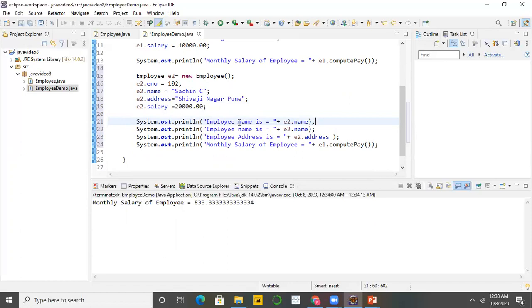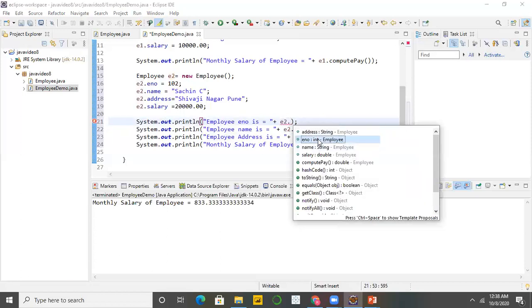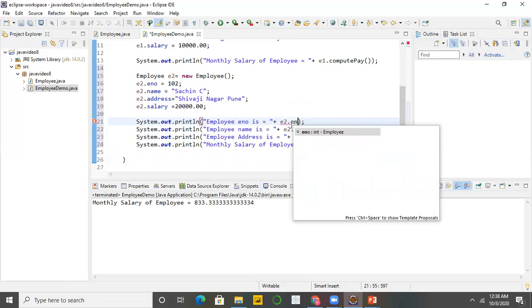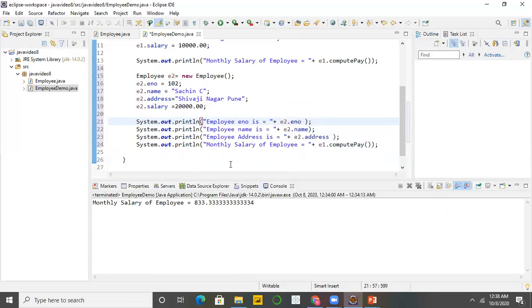System.out.println, employee number is E2 dot ENO. So my output is now formatted.